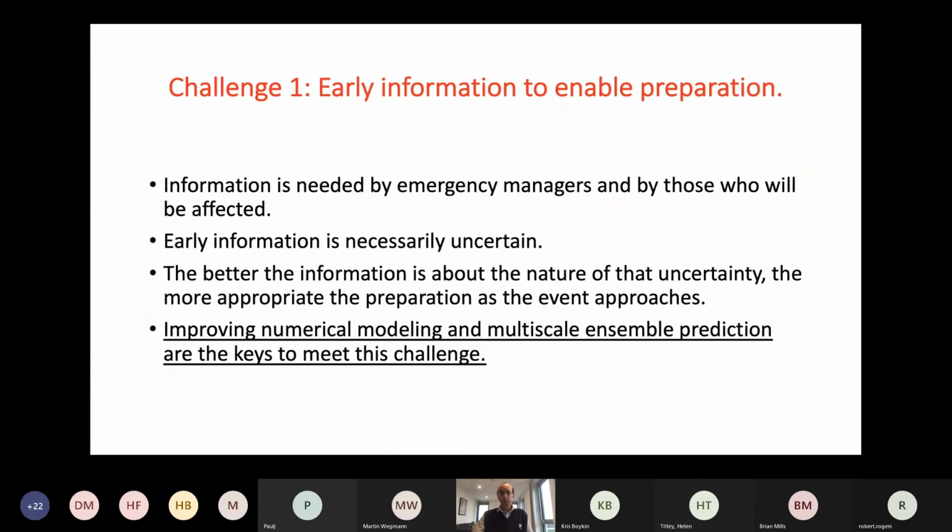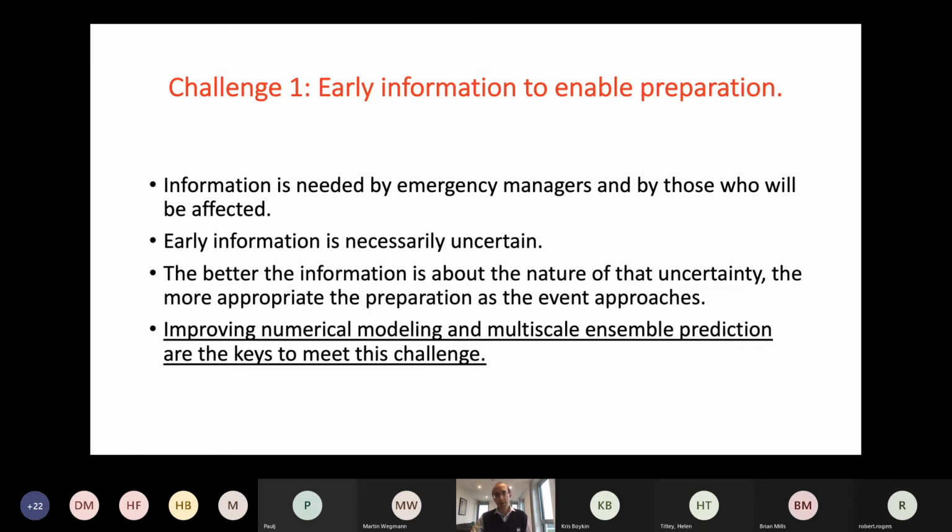I'll just go through fairly briefly a summary of some of the challenges moving forward. I won't read these out in detail, but they're there if anyone would like to look back on them. So the first is the emphasis on preparation and the need to develop early information and estimates of the uncertainty associated with that early information to help better prepare as the event approaches.